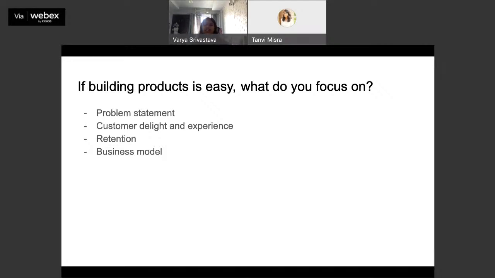And now finally coming to the business model. Today, there are so many ways to monetize. Subscription is one option, one-time payments is the other, and we have an entire section focused on different forms of business model that you'll be learning. So if you don't need to worry too much about the product, you can actually innovate in the business model